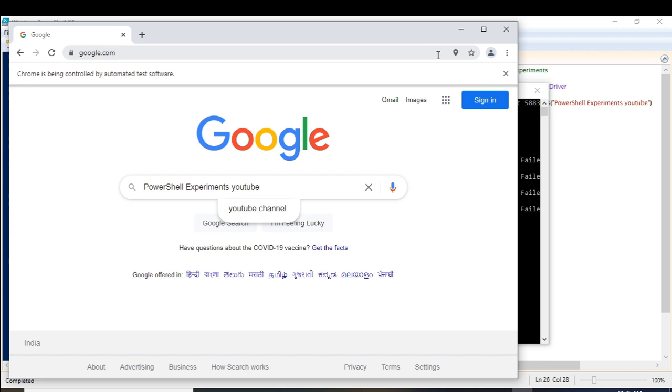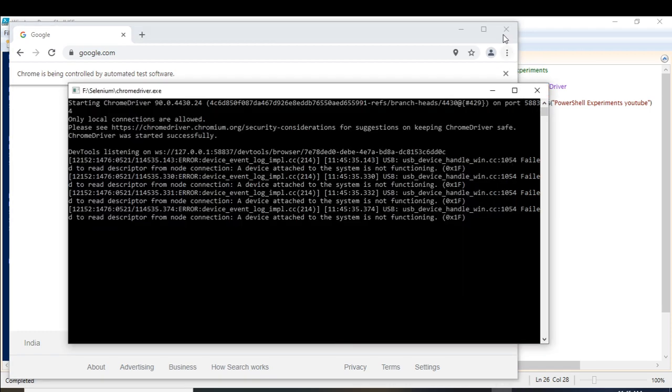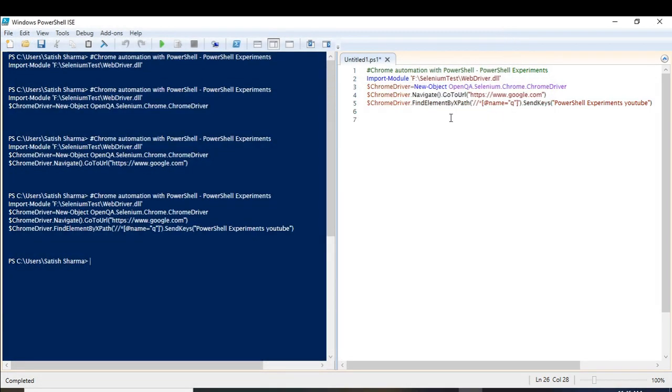Now the next step: you can see that here it has stuck and it is not moving afterwards. So what we have to do is, let me close this, I have to click on this or press enter. How can I do that? Let me close it and then I'll show you. Let me write some comments here, so it will be easy for you to know what I'm doing here.